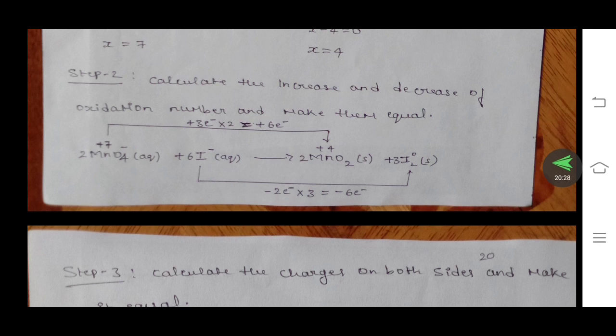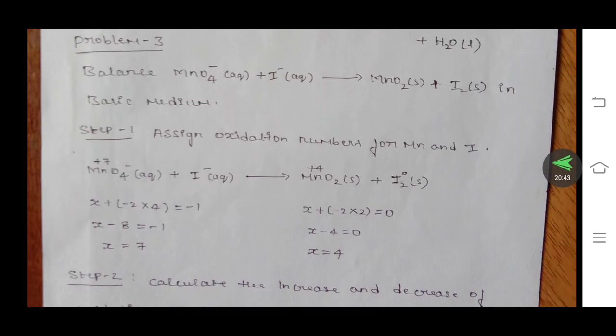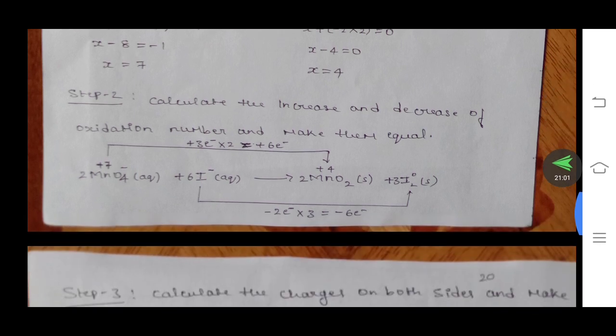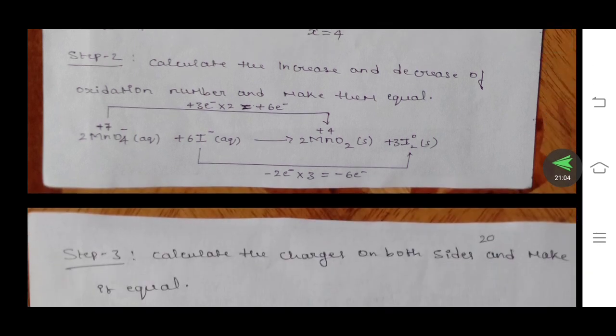Now you check iodine. Iodide is minus 1 on the left side and 0 on the right side. So minus 1 to 0, it is losing an electron. One iodine is losing 1 electron. But on the right side in this equation, I2 is present, and on the left side only 1 iodine is present. First you have to make it 2 on the left side also. So a single iodine is losing 1 electron, and 2 iodine are present, so it is losing 2 electrons. So that's why minus 2.